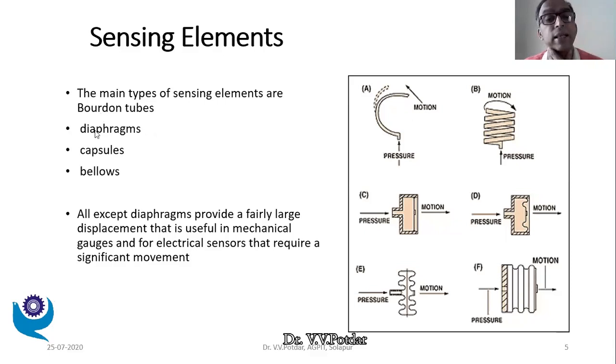The second variety is diaphragm type pressure transducers. As you can see, I have the enclosure and this is the diaphragm. Now, as I apply pressure, when the fluid enters onto one side of the diaphragm, being made up of thin elastic material, this tends to move outside proportionate to pressure, right? This is one form of diaphragm that we have.